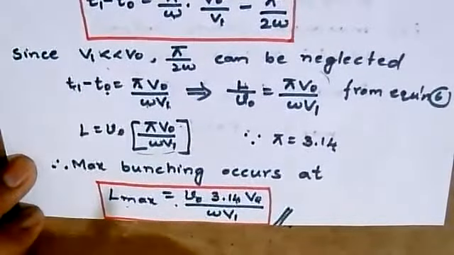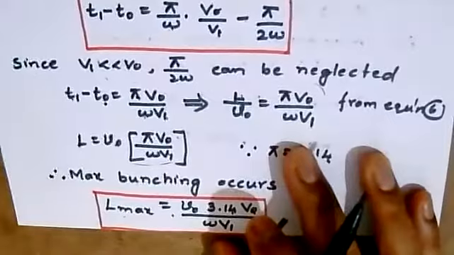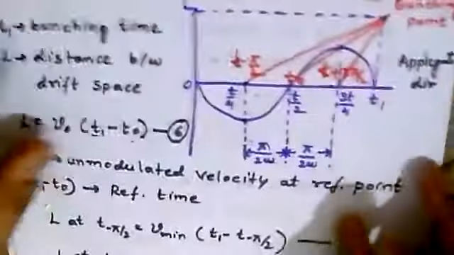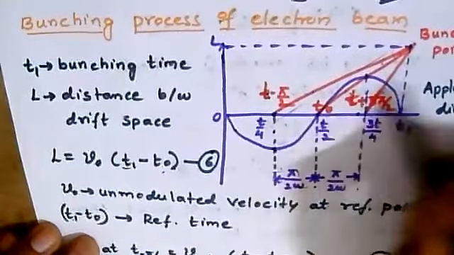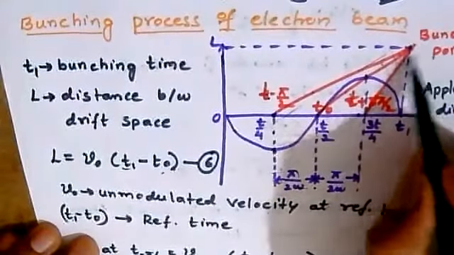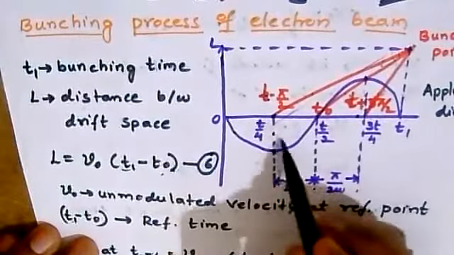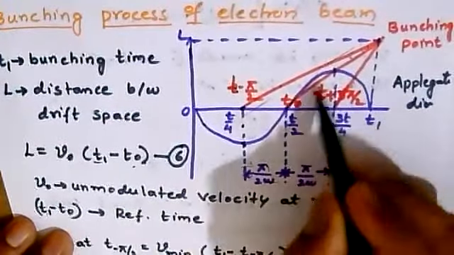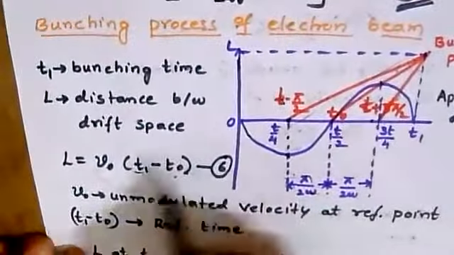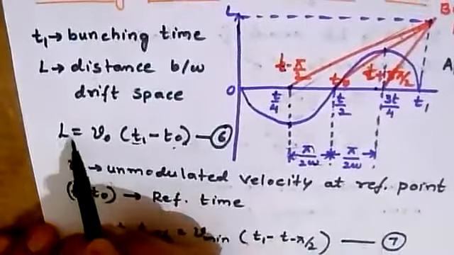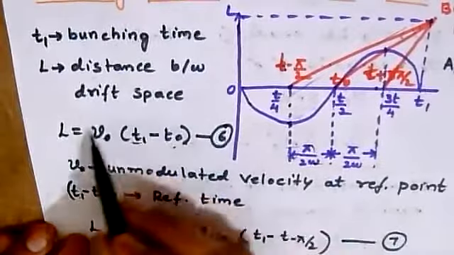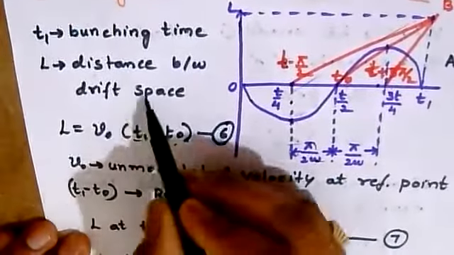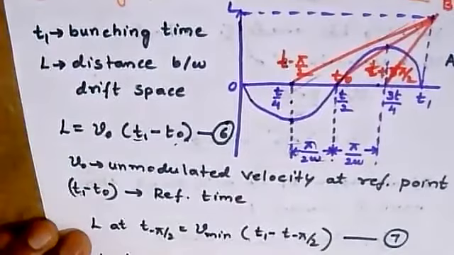Please join back. So where I was, within the bunching process, at different time intervals the bunching point takes place because of the influence of negative RF, zero RF, and positive RF. And first I have considered a standard distance which is traveled by the electron beam, by taking these two as reference points, reference velocity and reference time period.